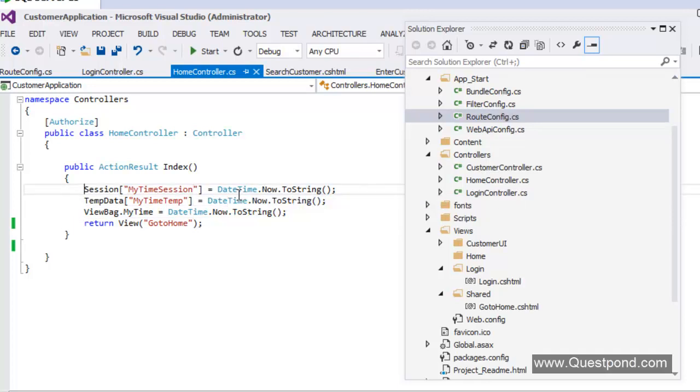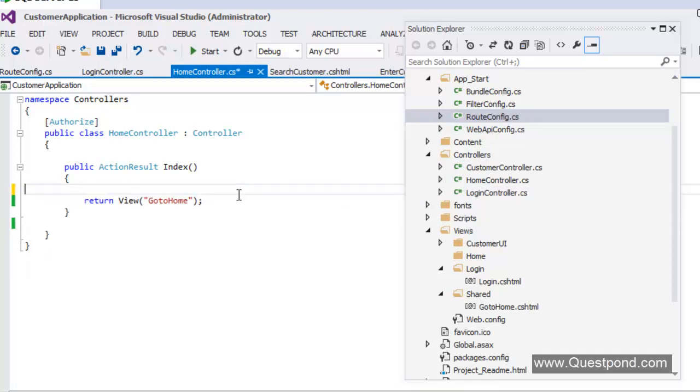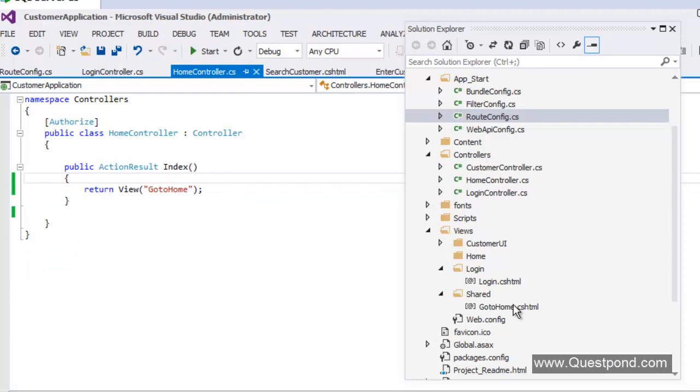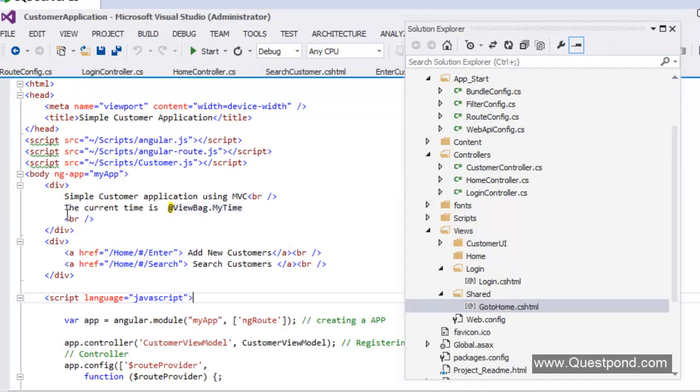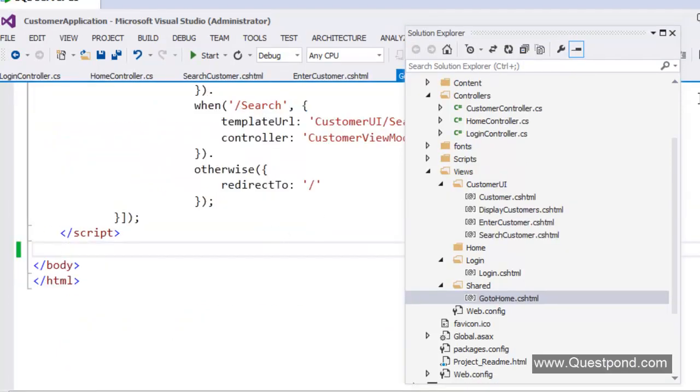Okay, there it is. And in the home, I'll just make things simpler here. So I'll just say this is a simple customer application using MVC. Now also,